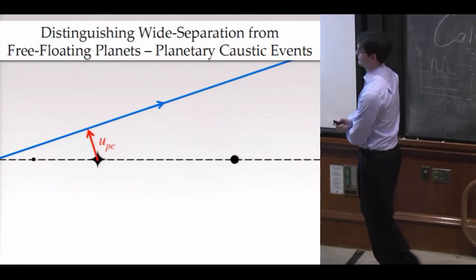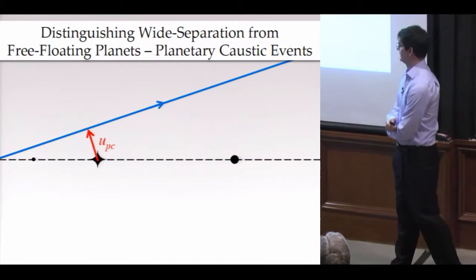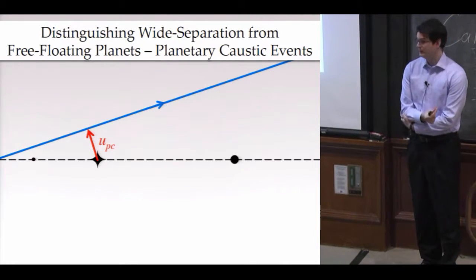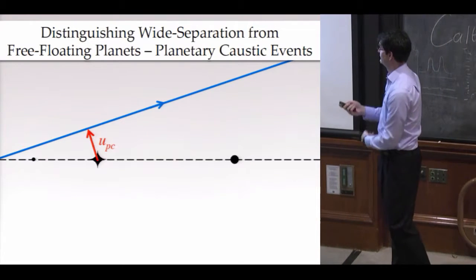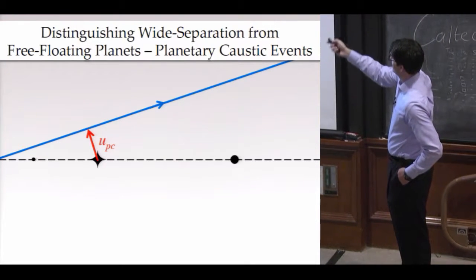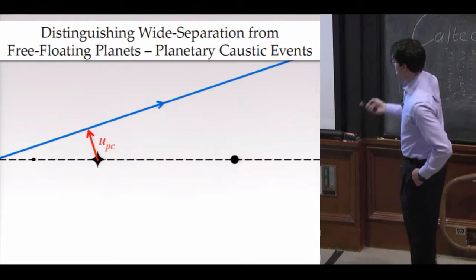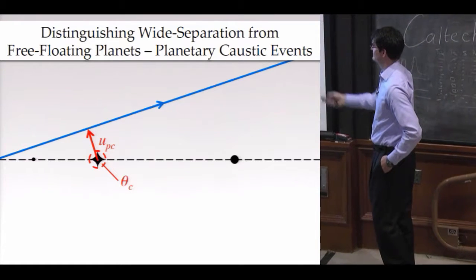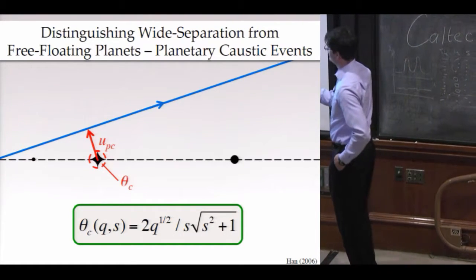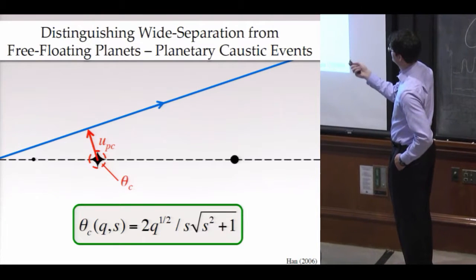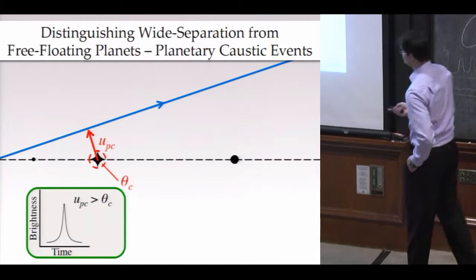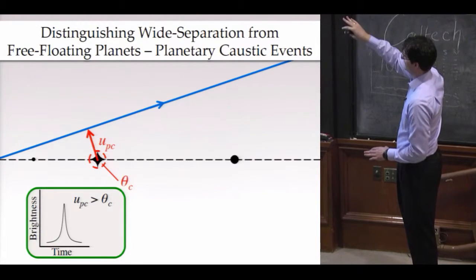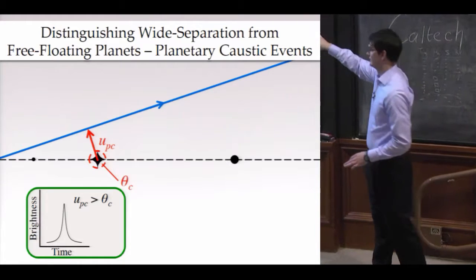Now, another way you can distinguish free-floating planets from wide separation bound planets is by looking for anomalies near the peak of the microlensing event. As the source comes by, it has some impact parameter to the planetary caustic. This planetary caustic has some size, which I've labeled here as theta c, and it has some form that depends on the mass ratio of the planet to the star and its projected separation. So if the source trajectory goes sufficiently far away from this planetary caustic, then